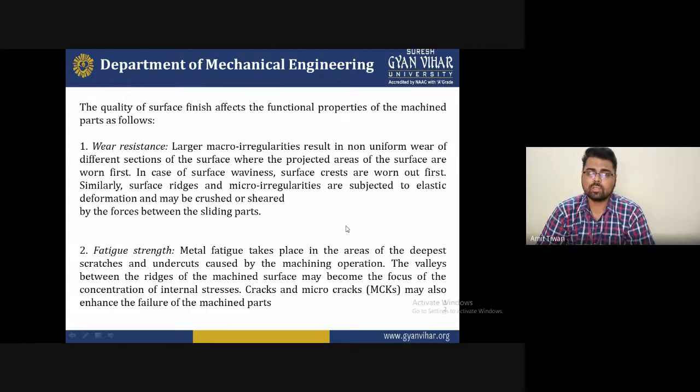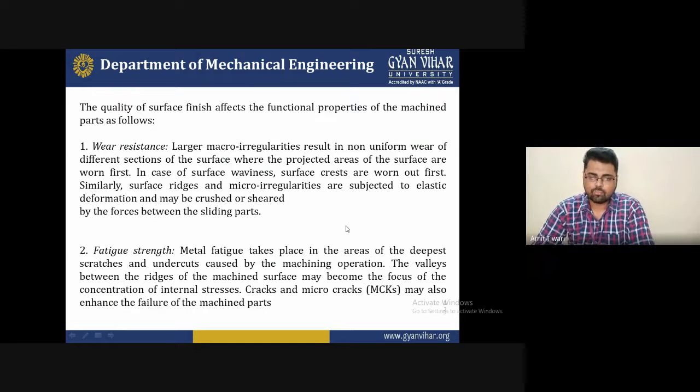It is easy to understand wear resistance, because every customer wants a good surface quality. Without the surface quality, they will not purchase any product. So keep in mind that wear resistance is the most important point, because the quality will decrease if you are not selecting the appropriate tool for cutting a workpiece.